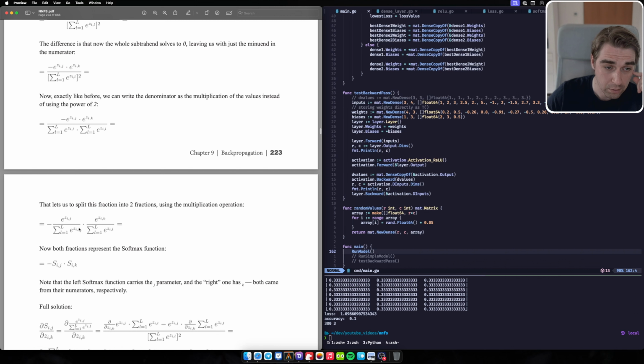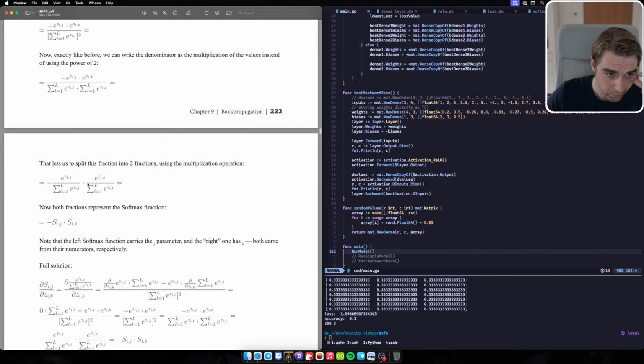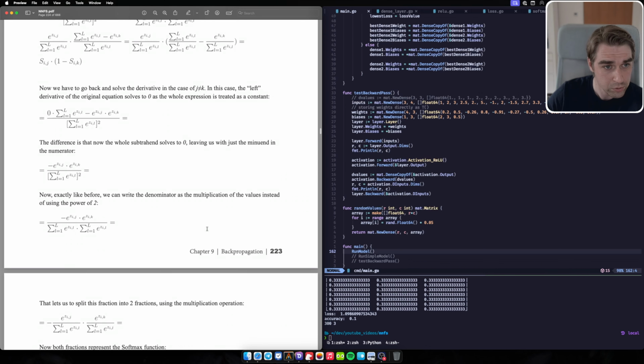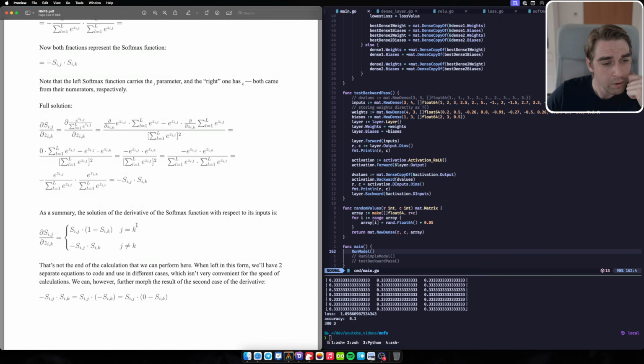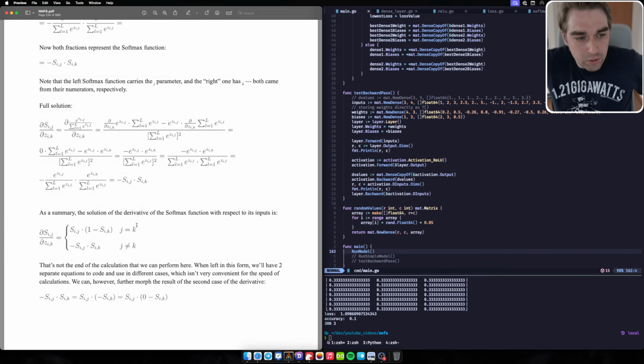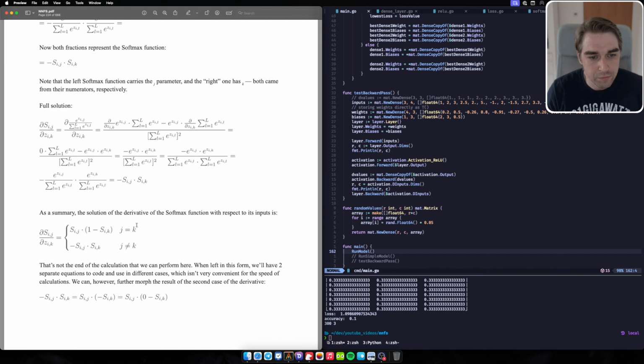Then let's split this fraction. This looks like the softmax and this looks like another softmax. So both fractions represent the softmax activation function. Note that the left softmax carries the j, the right one has k, kind of like the previous one. As the summary, the solution of the derivatives of the softmax function with respect to its inputs is: